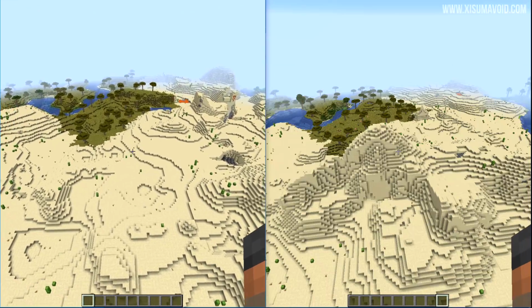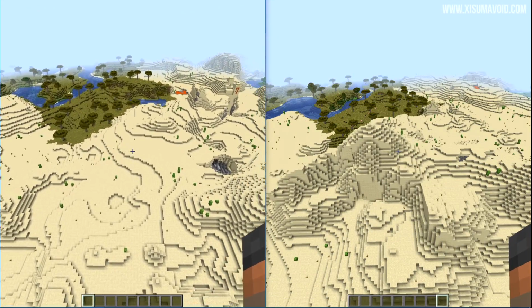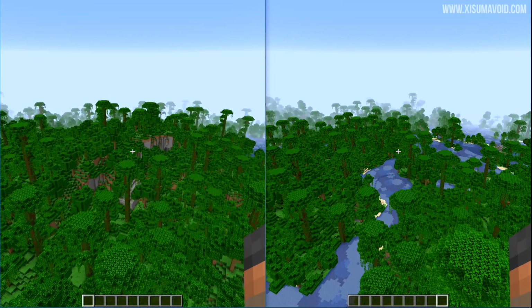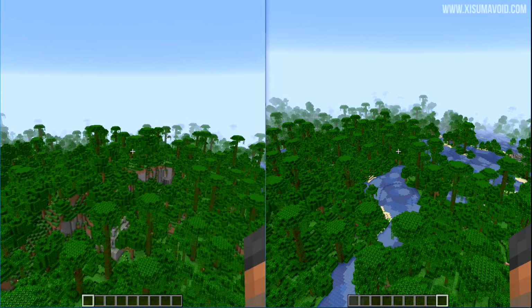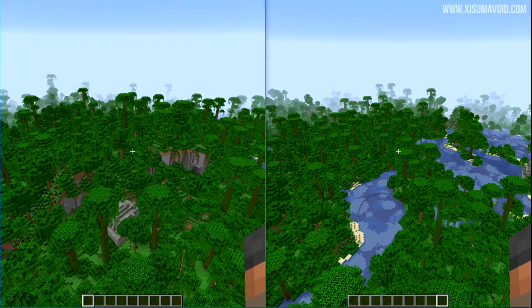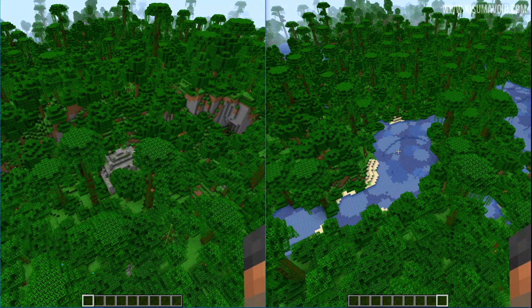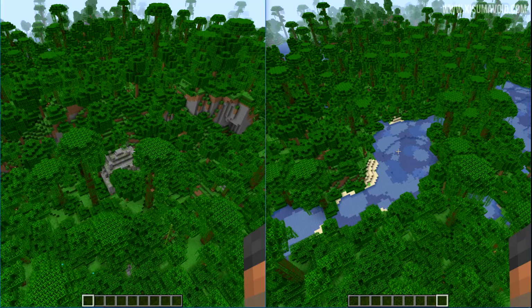But as you can see in the shadow seed, there's a really large hilly area out here. Now here on the left hand side, I know the jungle really well. My portal is built on top of the landmass. Over here, we then have the jungle temple down in this spot, and on the right hand side it's totally different. There's no hill, there's all of this